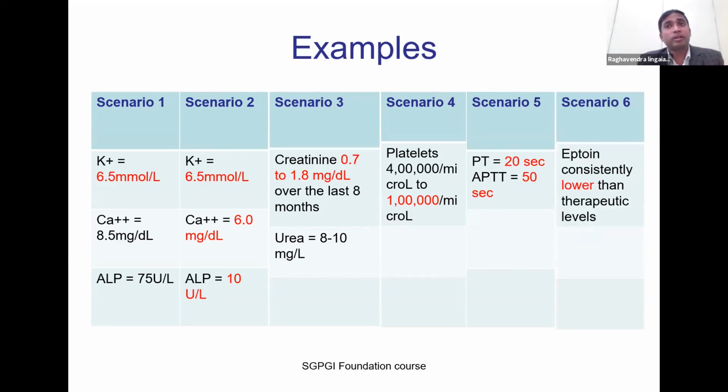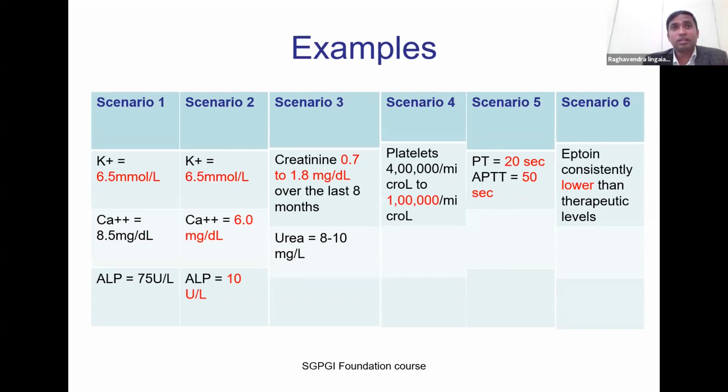In another scenario, the heparin levels are consistently lower than the therapeutic levels, and you might be thinking of escalating the dose, or that the patient is not taking the drug properly. However, upon close inquiry, the patient is taking the drug properly and his dosage is also fine. It is at the lab's end that is giving low results consistently. So in all the scenarios, the lab reports are not matching with the clinical condition. What might be the cause?